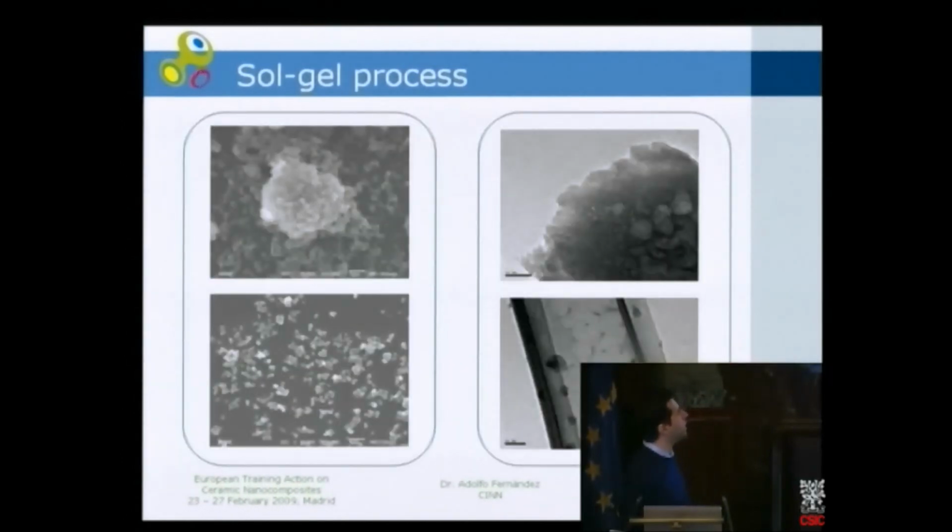For example, in the NanoCare project, when we were trying to obtain the YAG nanoparticles, we found that when we perform the drying of the gel by conventional heating, we obtain agglomerated particles, but when we perform the direct lyophilization of this gel, we obtain completely non-agglomerated particles. And this process could also be used, for example, when working with nanoparticles.